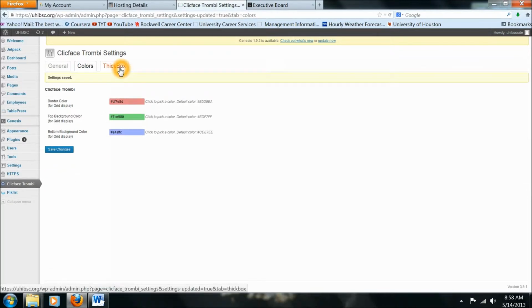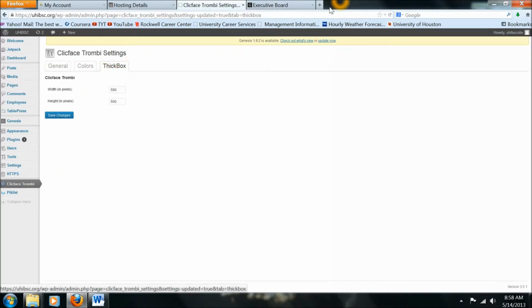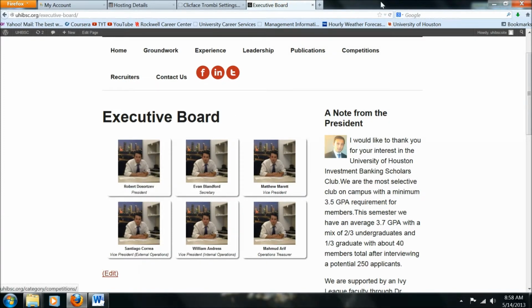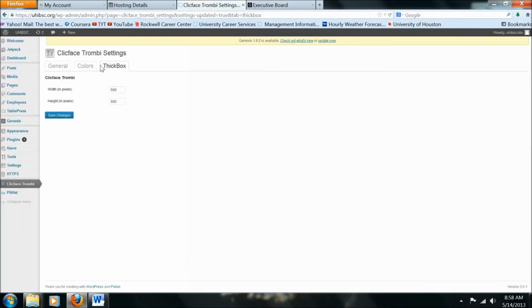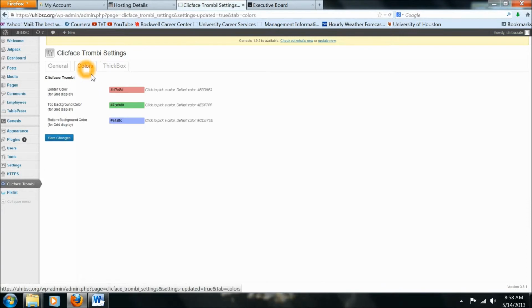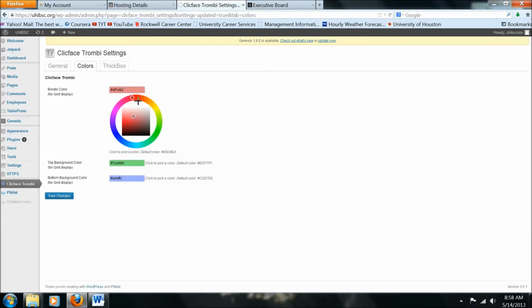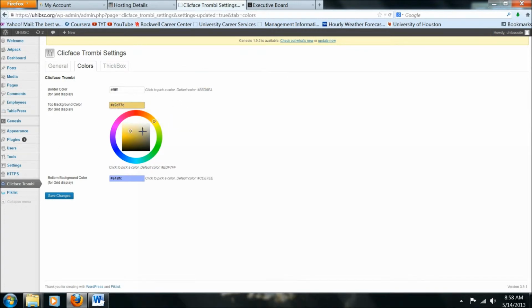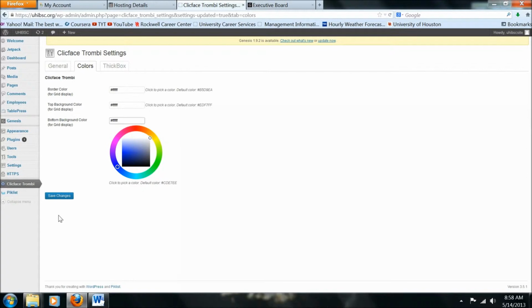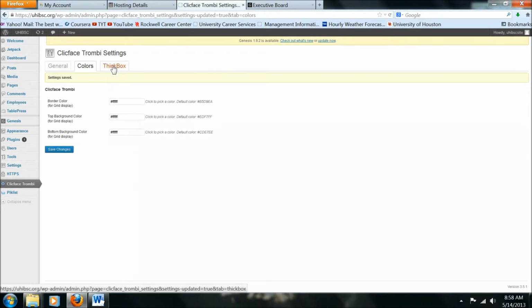Save changes and refresh, see what that does. Yeah, so not very pretty, but you guys can play with it and see whatever you like. What we had before was simply putting everything as FFF, which is simply white. Save changes